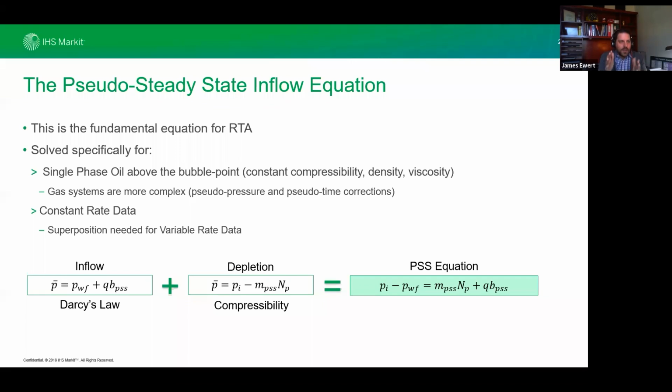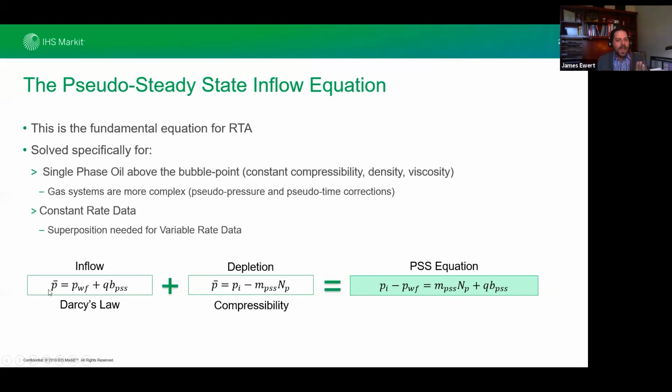That the curvature, that's why it's so important. That's what it's describing for us. The second part that's super important to us is the depletion, right? If you have a system that's going to empty through time, it's going to deplete. If you just had an inflow and it stayed there forever, that would be a steady state system. This is a pseudo-steady state system. So we have that inflow and it's going to deplete through time. When we bring those together, you will get the pseudo-steady state equation.